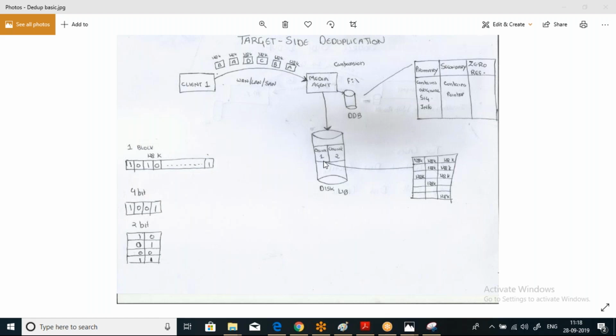Is it clear now? Target side deduplication. This is clear. Yes. Okay, now, this is target side deduplication. A very small thing I just want to explain. You might already be knowing it, but yes,